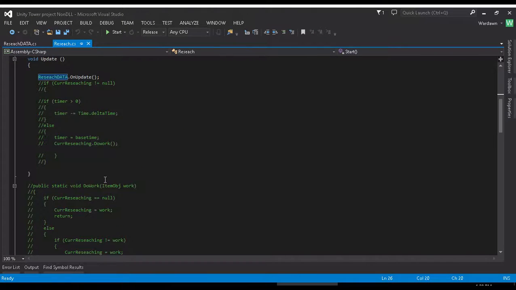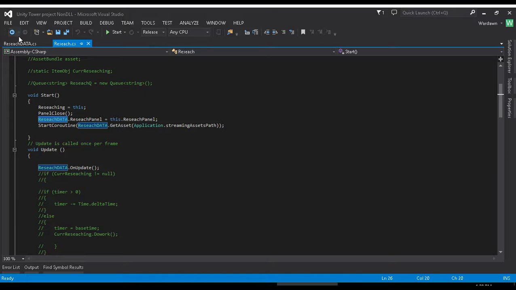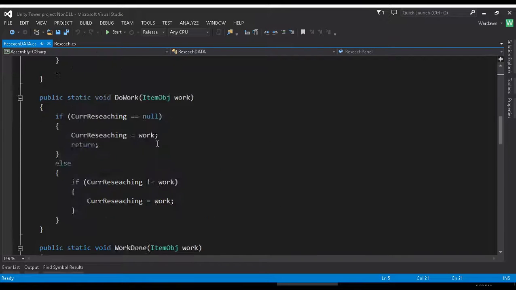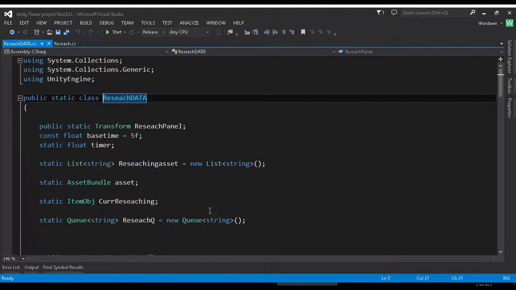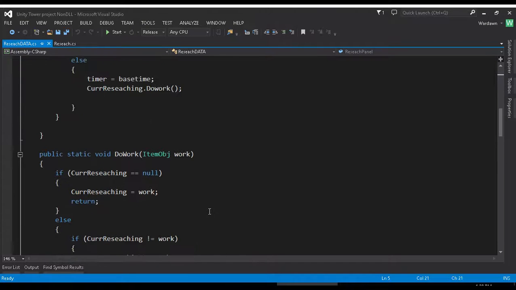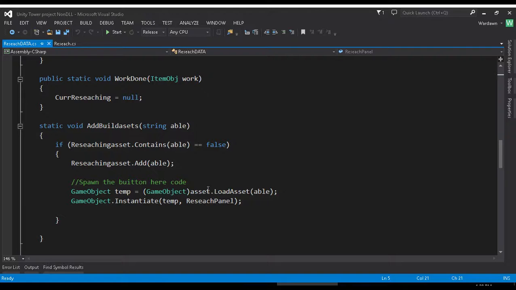Well, it still does pretty much everything, but everything in this class right here is very accessible if we need to, and we can just set functions to do one specific thing, and it doesn't have to be